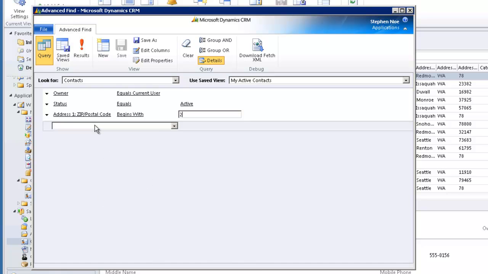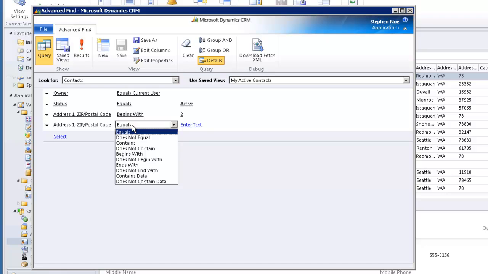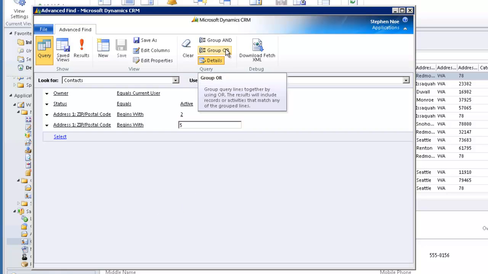Now what I'm also going to do is build my OR. So now I'm going to go back down and take address 1 zip postal code, and I'm going to do another begins with, and I will do 5. However, if I leave it like this, it will never retrieve any records because the zip code cannot possibly begin with 2 and 5. So what has to happen is I need to build an OR group, which is done